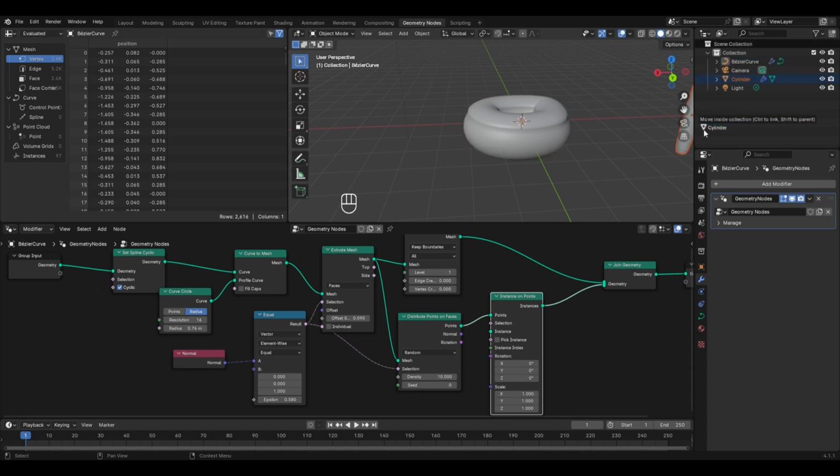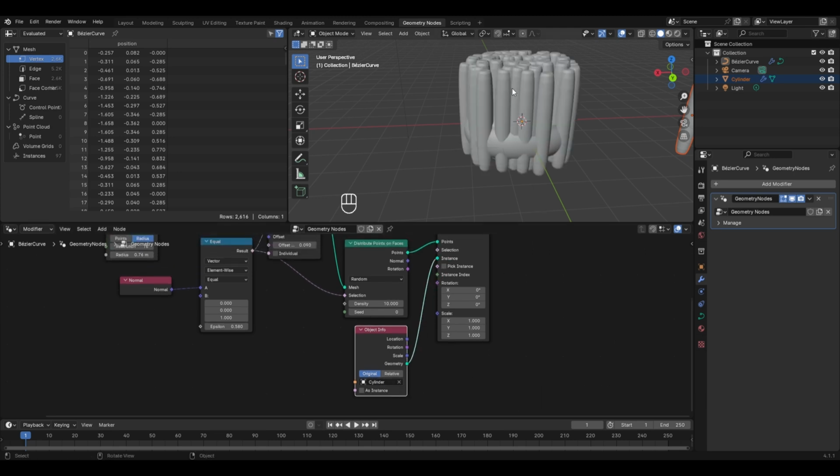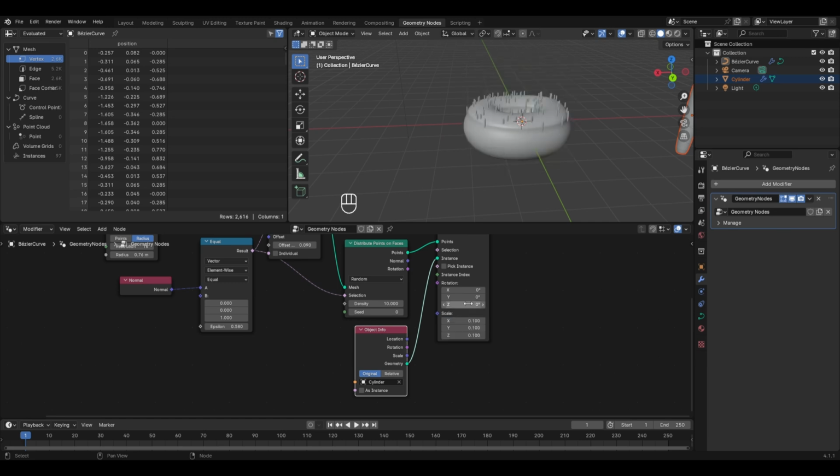I drag it into the geometry nodes editor and drop it here, the object info node is created with the cylinder selected here. Now I'll take this geometry socket and connect it to the instance, and here the sprinkles are placed at different faces on the top of the donut. However, we need to reduce their scaling from the scale option here. So let's select the scaling in the X, Y and Z axis, and let's reduce it to a very low value like 0.1, and this is how it looks.